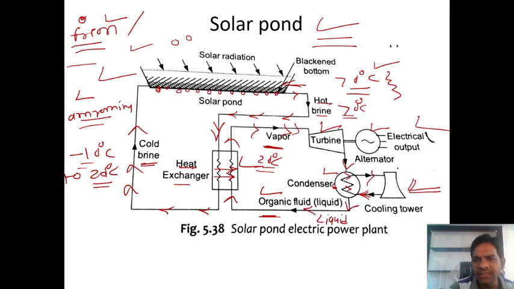And this hot water is once again transferred to the cooling tower. The cooling tower works naturally, and once again the water converts into cold form and this cold water comes into the condenser. This is another cycle. The organic fluid in the form of liquid ammonia or Freon once again enters the heat exchanger and converts into vapor form. This vapor of ammonia or Freon strikes the turbine, the turbine rotates, connected with the generator, and electricity is generated. So in this way the process is done in the solar pond, guys.